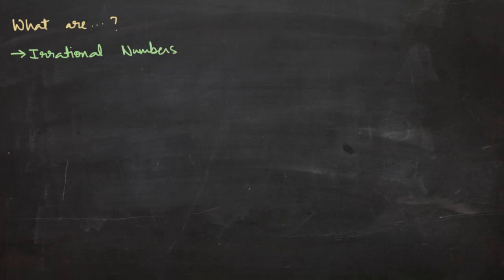Okay, so irrational numbers, your textbook very simply defines as numbers, NOS is denoting numbers here, guys, numbers that cannot, let me make this a little more evident, that CANNOT be written